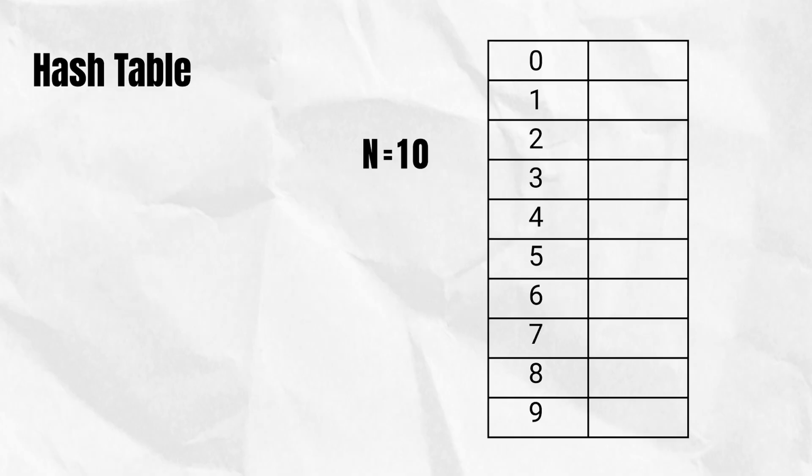This is an example of a hash table. Let's assume that the size of the hash table is represented as n. This table is called a bucket. As you can see, our starting index is 0 and our ending index is 9, because they are stored in arrays, and arrays start at 0 in most languages.